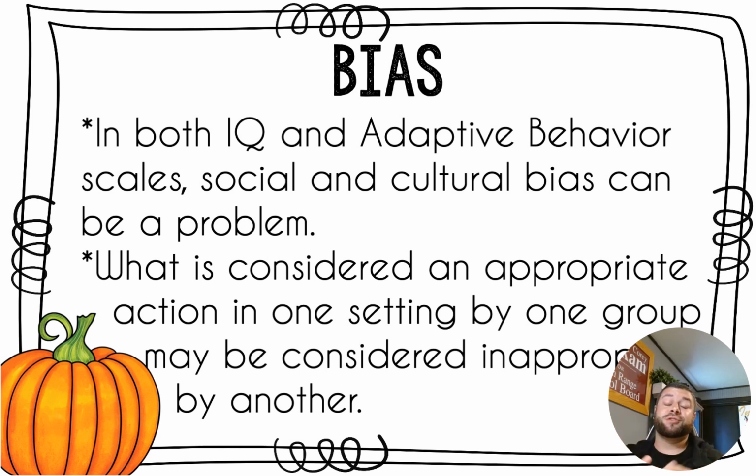Well, what research has shown is trauma can actually drop IQ scores by up to 20 points. So a student could be average, but maybe went through a lot of trauma. That's something else we've got to be cognizant of. So there's some bias we've got to take into consideration when we get these results. We've got to take a lot of things into consideration before we're willing to label a child